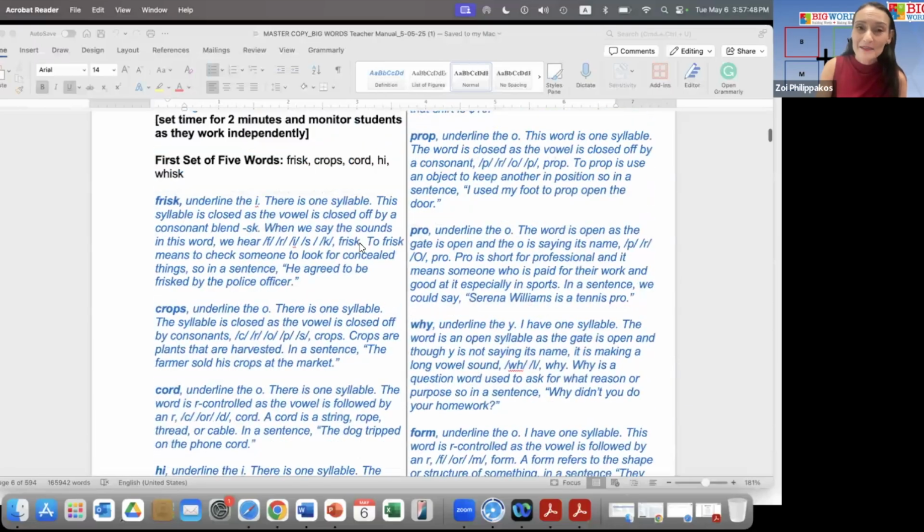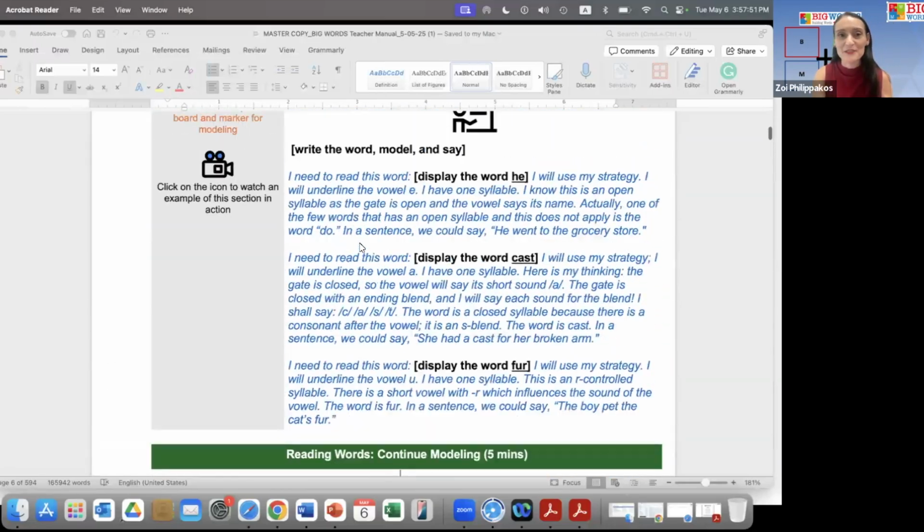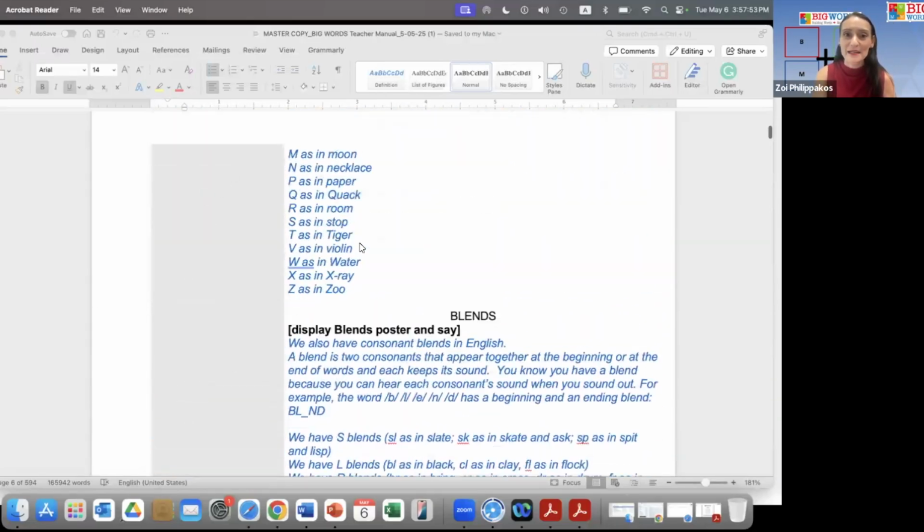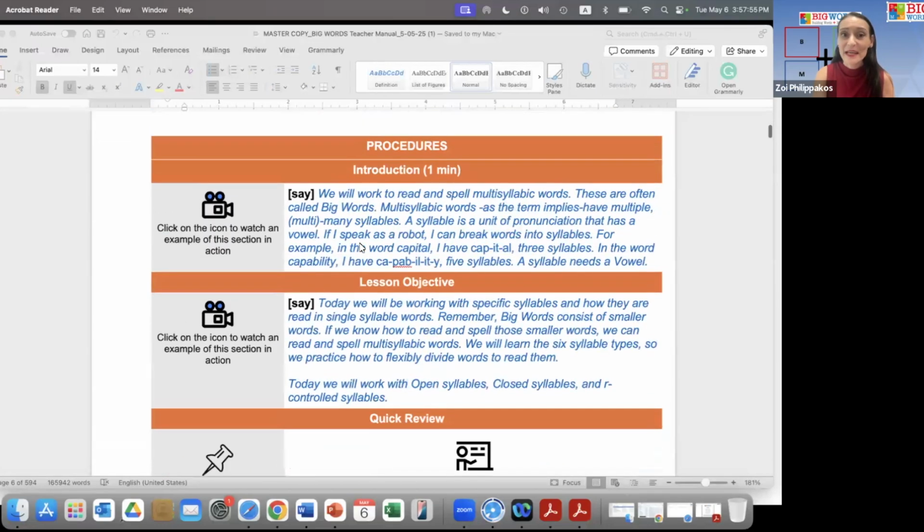So I will go back to the very beginning. I'm sorry if I get you dizzy by going back so quickly. And I want you again to pay attention to my pace, the way that I'm pacing the lesson. So we will work to read and spell multisyllabic words. These are often called big words. Multisyllabic words, as the term implies, have